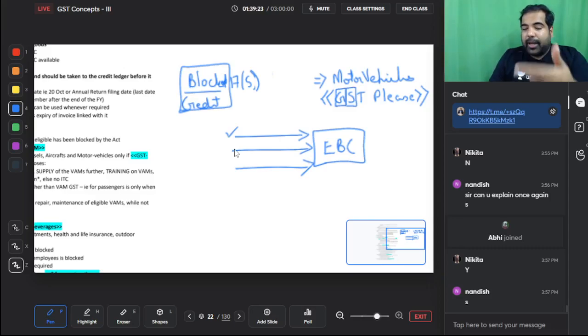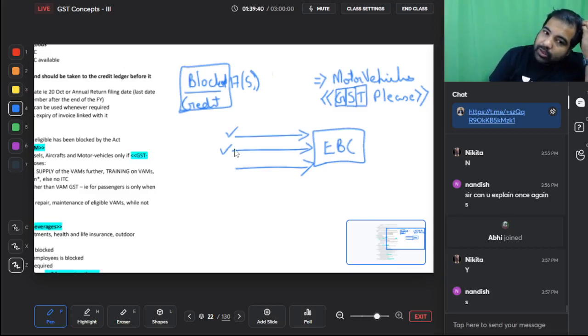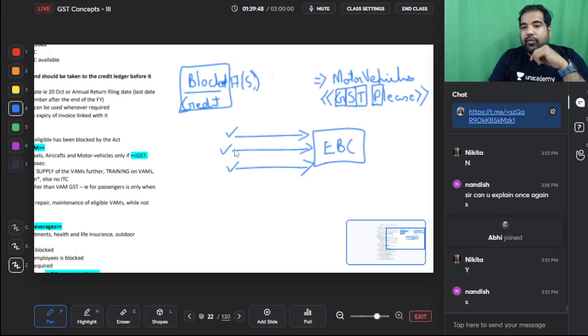If it's in the same line of business, example, you are Hyundai Motors, you are buying a car for selling it ahead or for giving it on rent ahead or for using it as Uber ahead, then you'll get credit. If it's for training of people to drive cars, a motor training school or a pilot training school, then you will get credit. And the last one is only and only for passengers. If it's like a bus, and if it's for more than 13 passengers, including the driver, the number is more than 13, guys. 13 is an unlucky number. So more than 13 you will see. If it's for more than 13 passengers, only then can you take this.